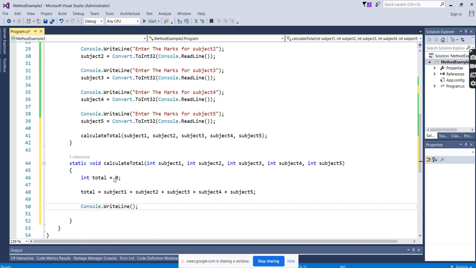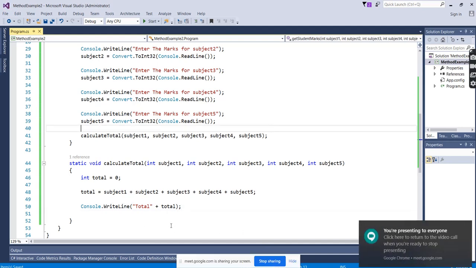So first we will go with displaying it here.